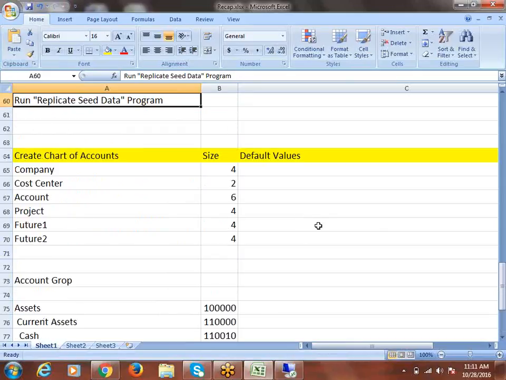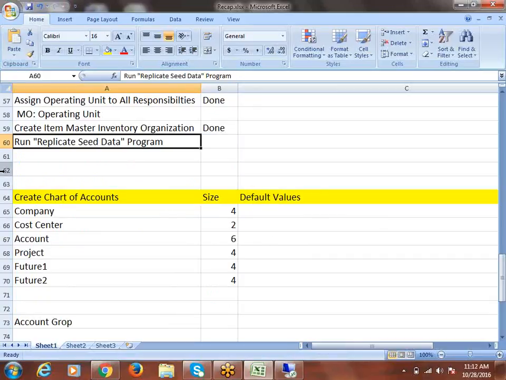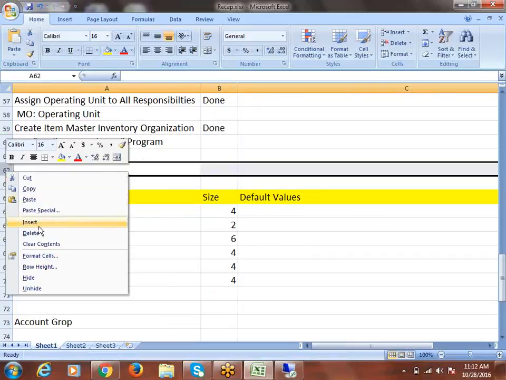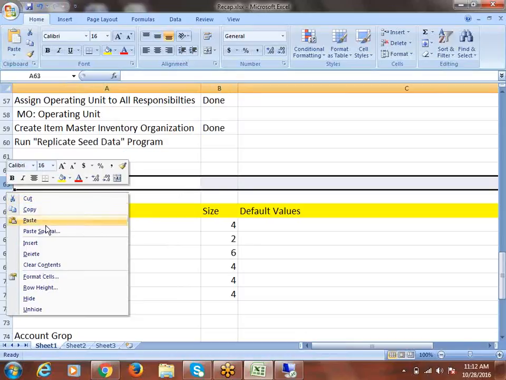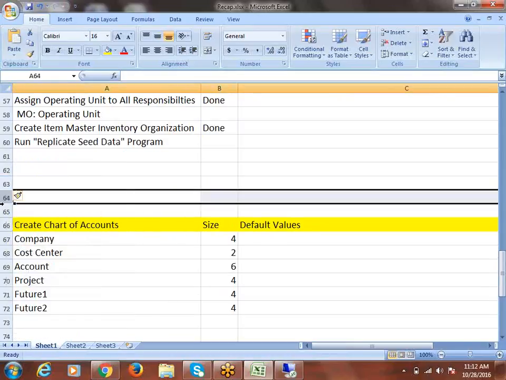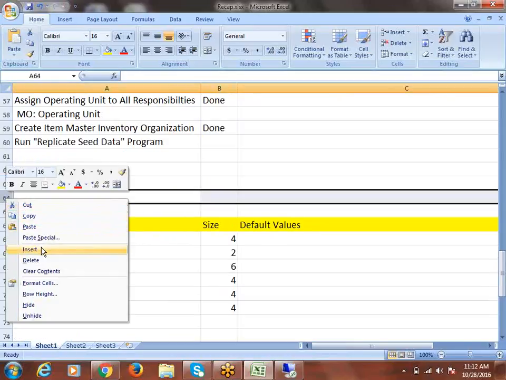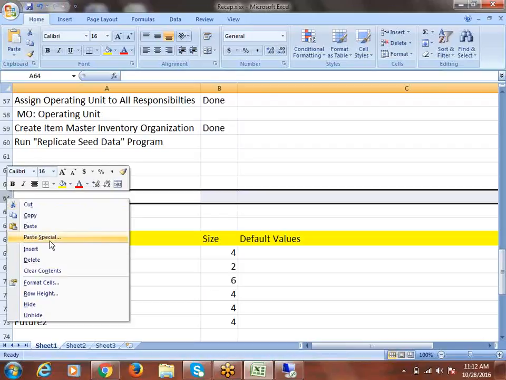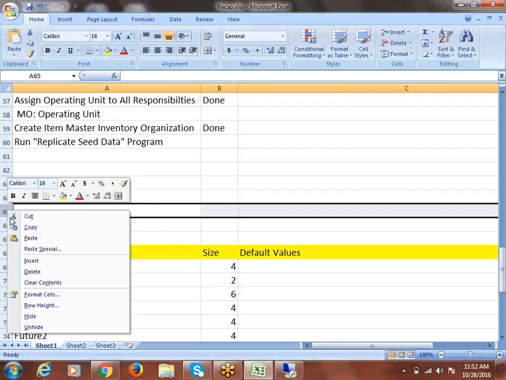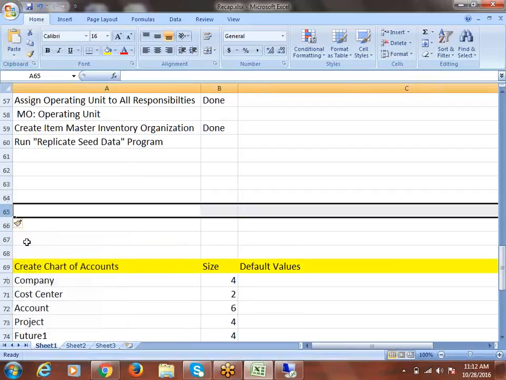Once we're done with the multi-org creation, we have to do the setups. First we'll be focusing on the P2P process. Later we'll discuss O2C, then AR and so on. Now our target is to work on payables. To work on payables, payables always will have communication with